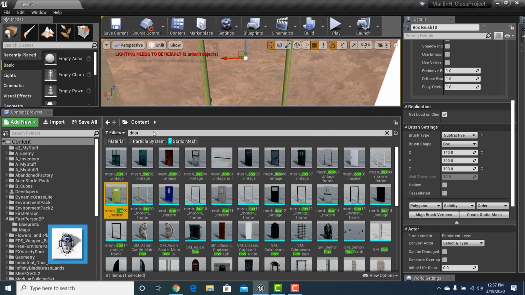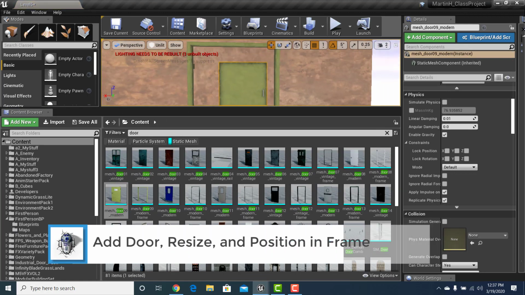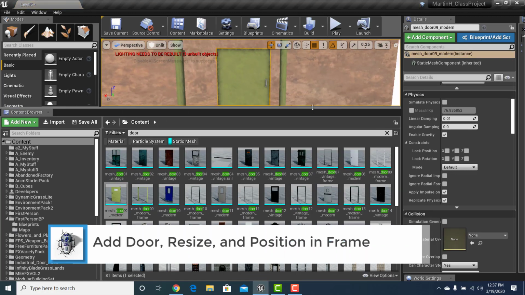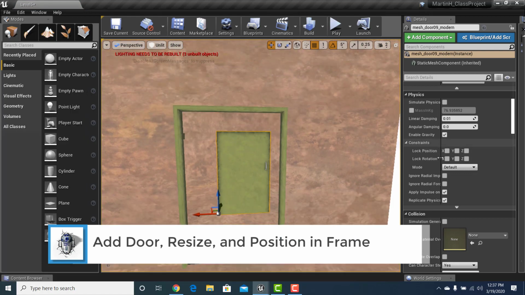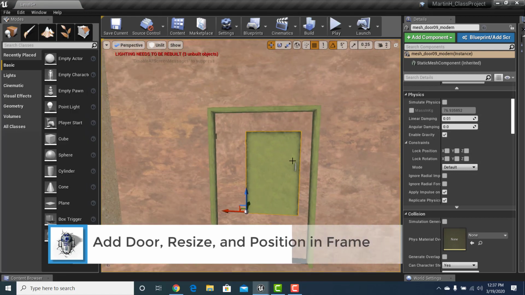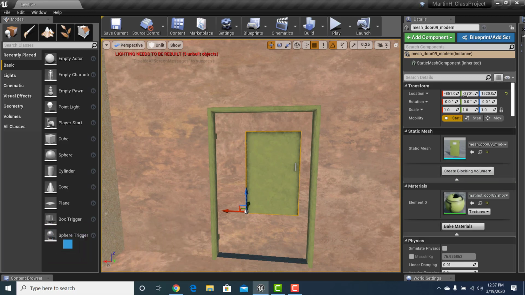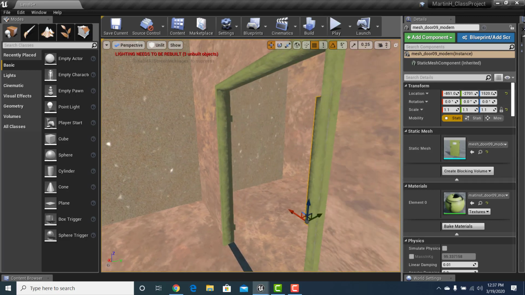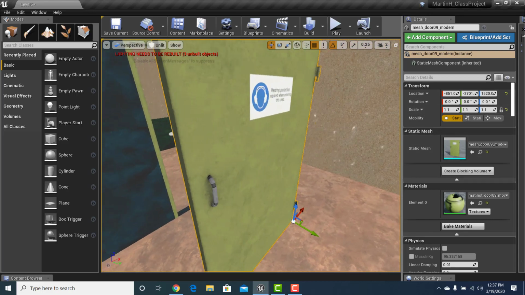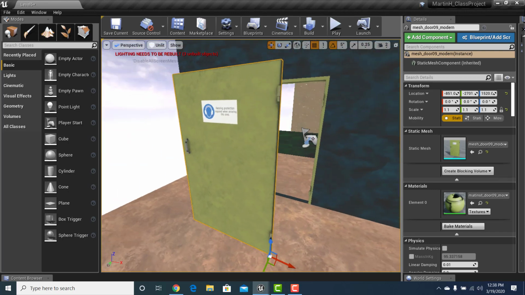So this one happened to be the green door. I'm going to grab the green door, put it out on the floor. Now, since I sized up the frame to the 1.1, I'm going to want to do the same thing to the door. Otherwise, it's not going to fit. 1.1. We'll hit enter. Okay, next job is to go ahead and line up